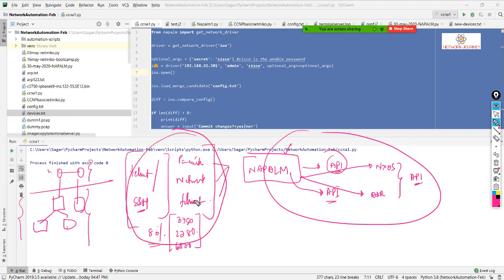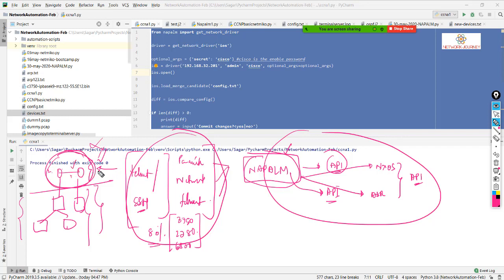So this batch was created specially dedicated to these legacy methods, not for this, but later on some students wanted to have a little bit on this. So that's why I said I'll take Cisco DevNet. We will see the NETCONF, all those things. So just to give you an example, NAPALM is one such network Python module which you can integrate with these devices also as well.